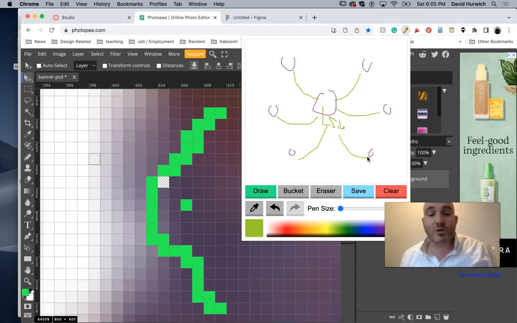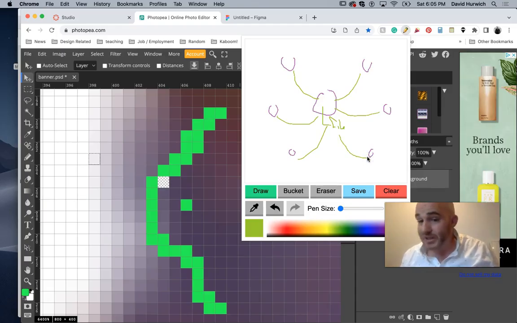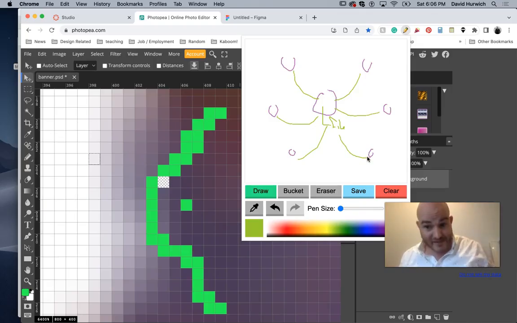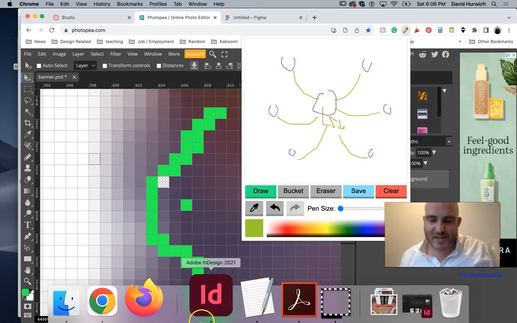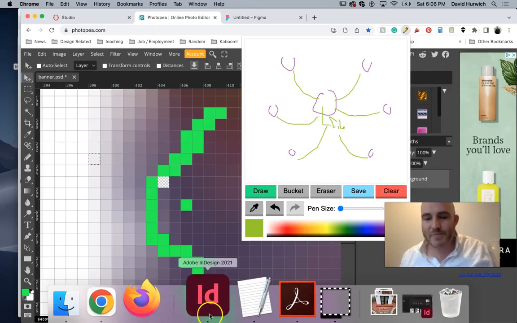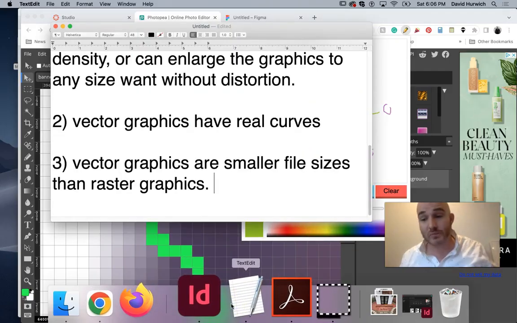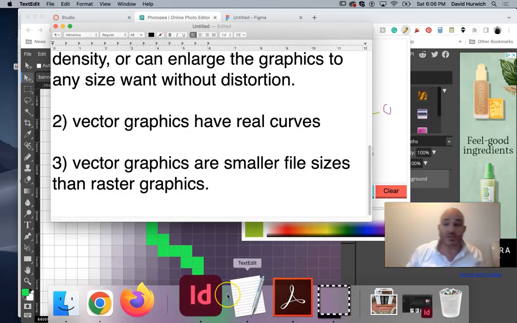So the smaller the file size, the faster the file would download. It's in the best interest of the speed of your website for your files to be smaller. We usually call that being optimized. So this is where using a vector graphic could be useful, because vector